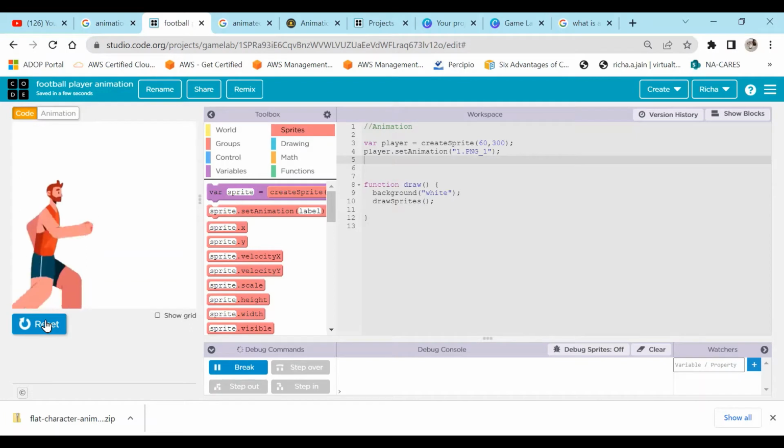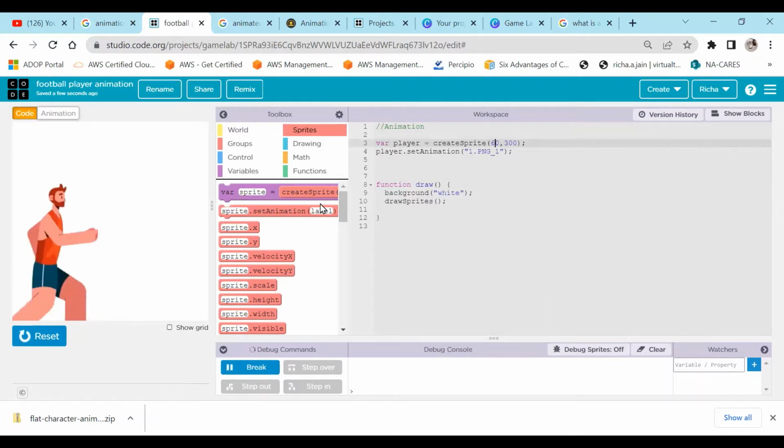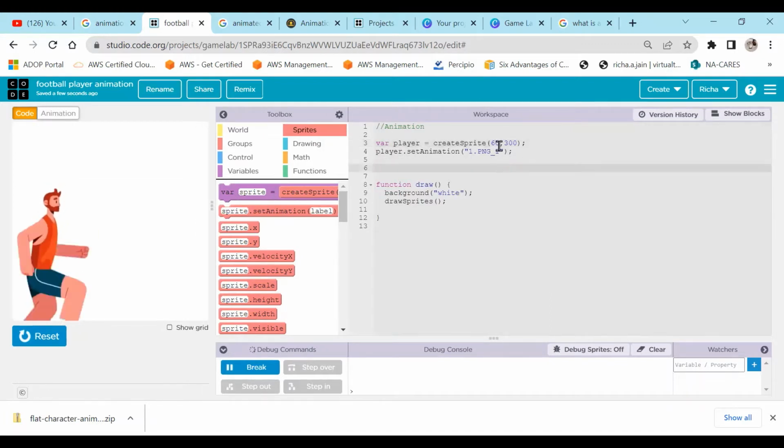So what are the properties of this sprite, this running boy? The first thing we will talk about is size. How do we resize a sprite? Currently, whatever the size of this sprite is, it actually looks very big according to the canvas size. So we may want to resize it. How do we resize it? We can resize it with a property named scale. You can find it here inside the toolbox in a